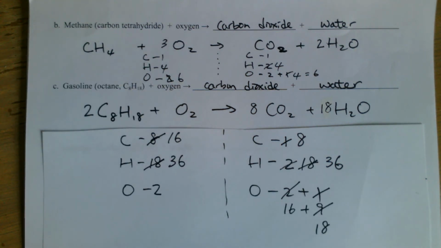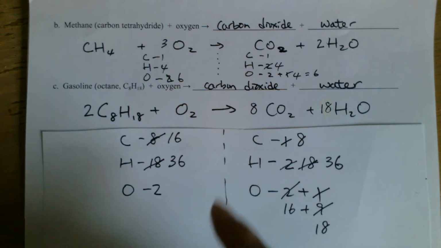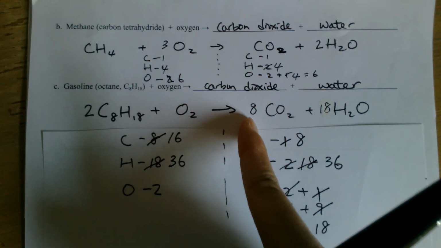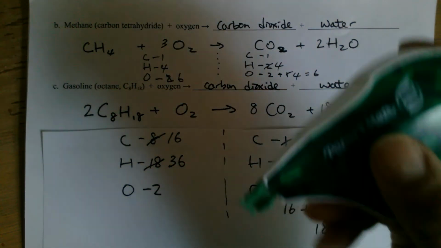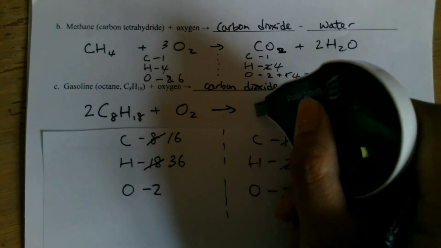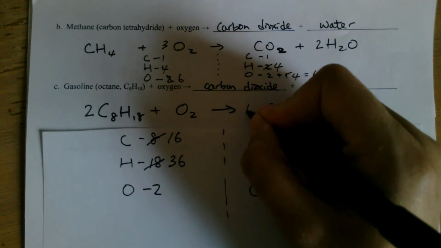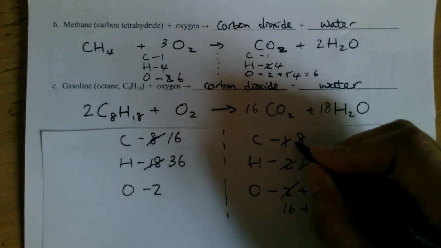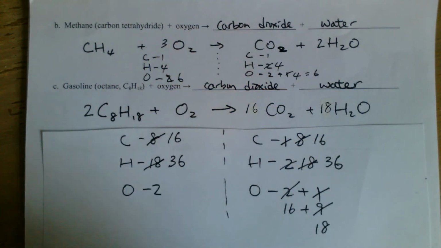So it looks like we need to go back and fix our number of carbon again. Let's double our number of carbon by multiplying 8 by 2, which will get 16. And that will give us 16 carbons and